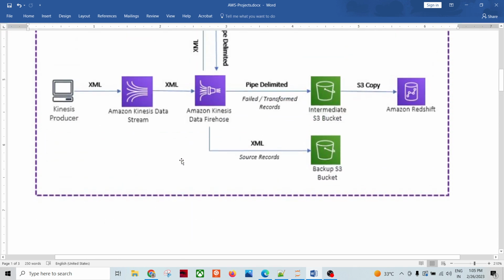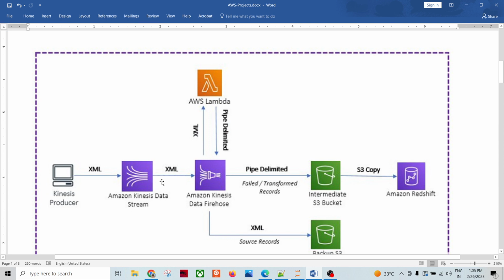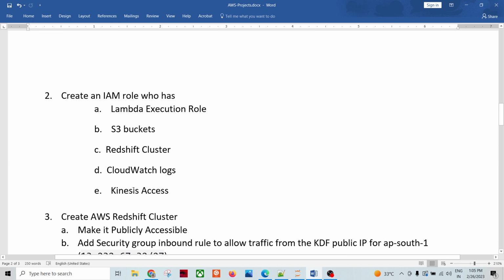Because of the intermediate data, after reading the data from the Kinesis data stream, this Firehose would be calling the Lambda. So we need to debug and monitor, right, using the CloudWatch logs. So it's easy to debug and monitor. Therefore, we have to have the CloudWatch logs